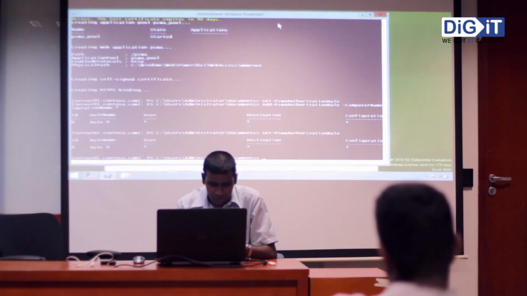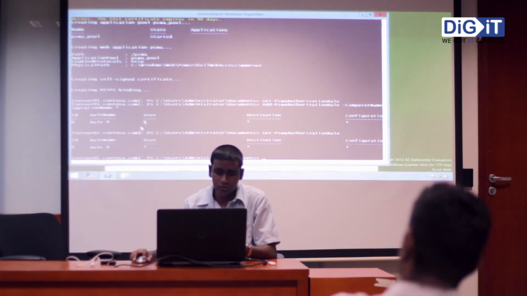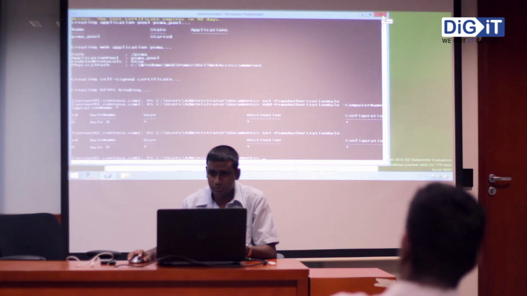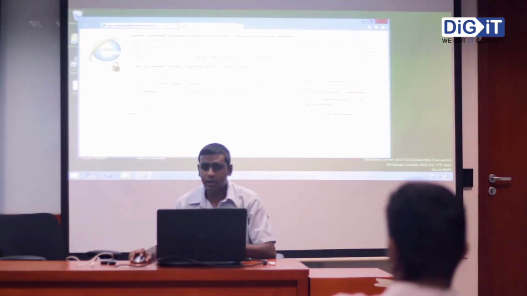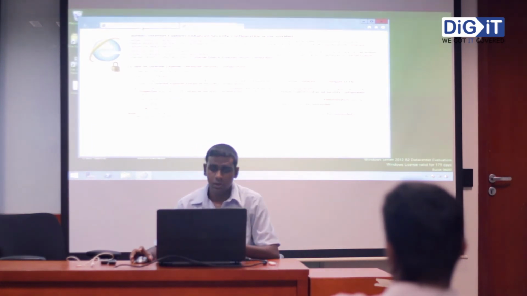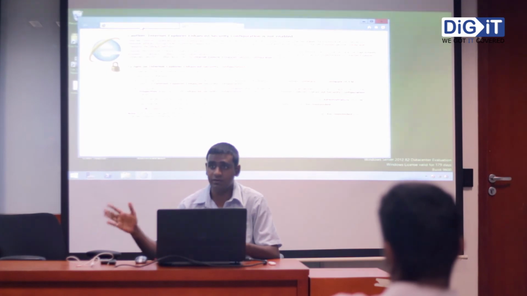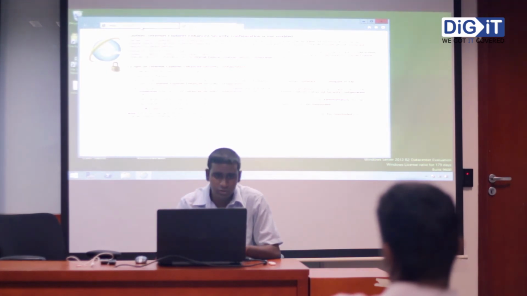So I'm going to see what authorization rules are there. So the rule 1 is already added. So I'm going to close PowerShell, close Server Manager. I'm going to open up IE, and suppose you install an SSL certificate, if your web server is open to the internet, you can manage from there as well. So I'm going to give